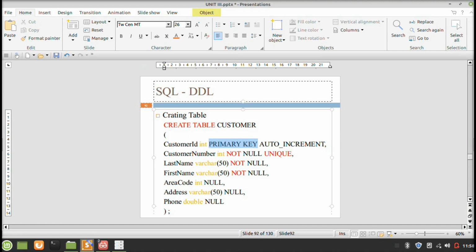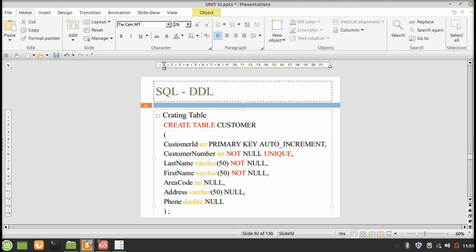The customer ID is an integer data type and is used as a primary key, and the customer ID will be incremented automatically by the database management system whenever we enter a new row. Customer number is a unique value and an integer data type. Because the value is unique, we must include the not null statement for the customer number. Last name and first name are variable character with 50 character length and also not null.